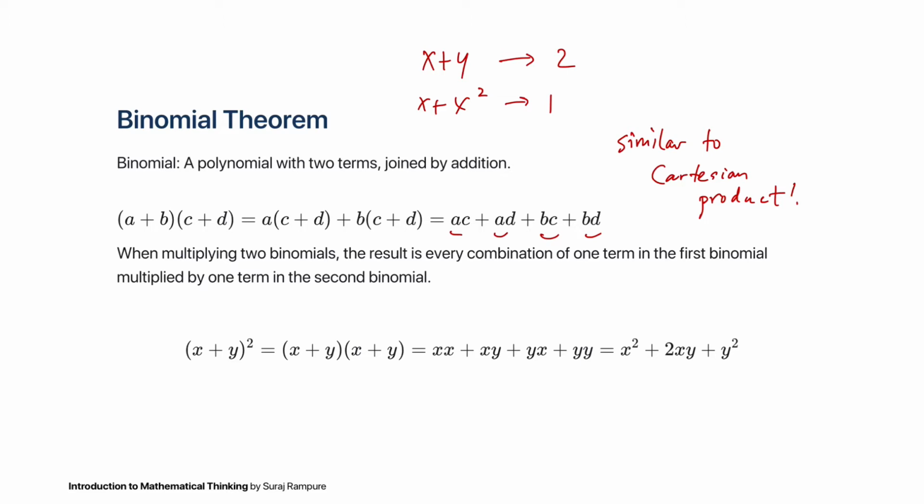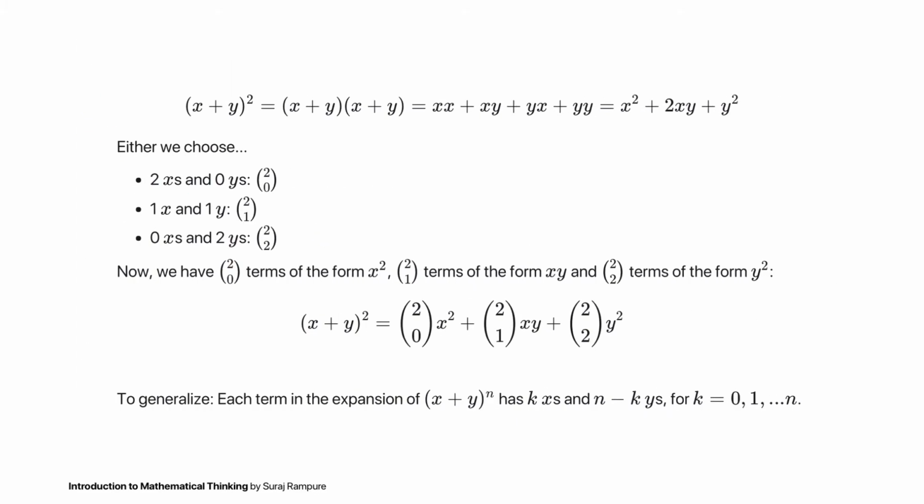Right? So here, we have x plus y squared, which is x plus y times x plus y, which gives us xx, right? xy, yx, and yy, right? Which combines to give us x squared plus 2xy plus y squared. Relatively straightforward, right? Cool. So we know we will have some number of x terms, or x's in our term,